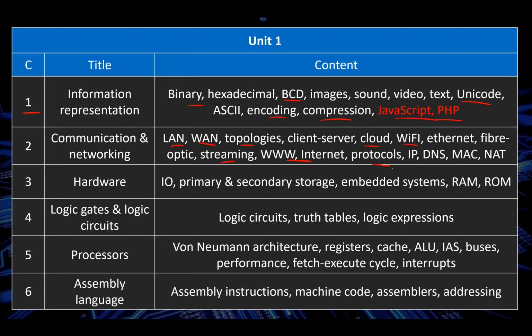Then we'll look at various protocols, for example IP, DNS, the MAC. DNS, the domain name server, is going to convert a domain name into an IP address. And just to say, an IP address is an address that uniquely identifies a device on a network. This could be a private IP address, just identifying a device within a LAN, or it can be a public IP address, which is going to uniquely identify the device